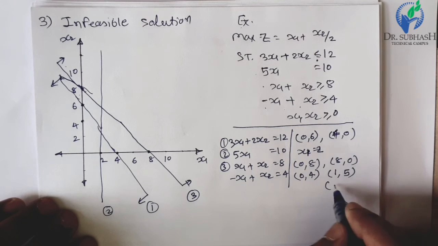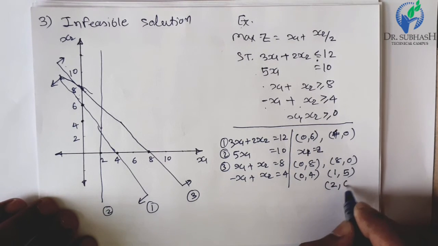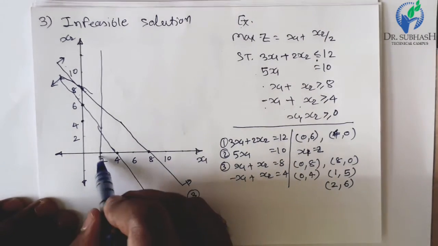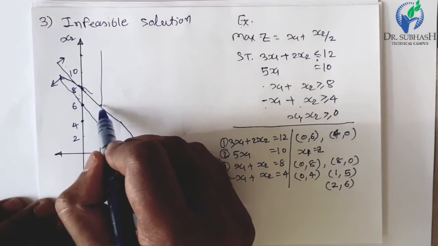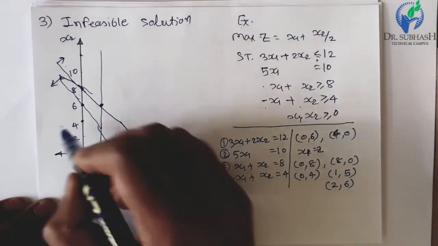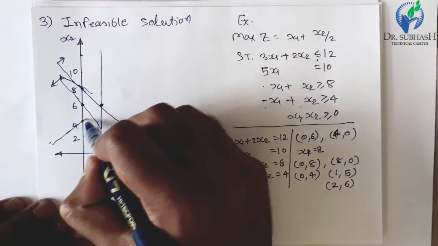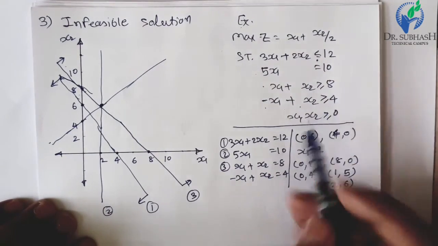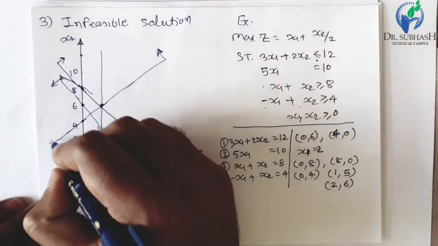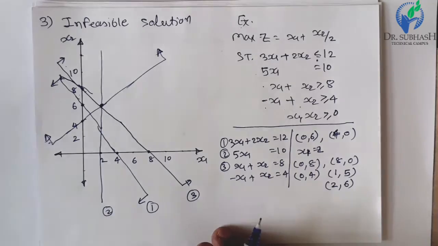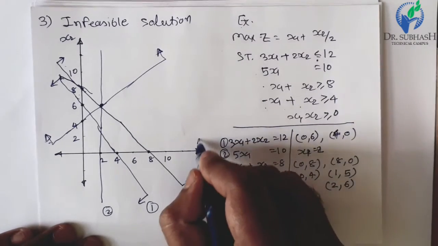So let's consider another point, where we put the value of x1 equal to 2. You will get the value of x2 equal to 6. So from this line, the value of x1 equal to 2, and here x2 is 6. So it may lie somewhere here. So draw a line passing through these 2 points, and for the area consideration of greater than or equal to sign, so away from the origin. So in this case, and lastly a non-negativity condition.